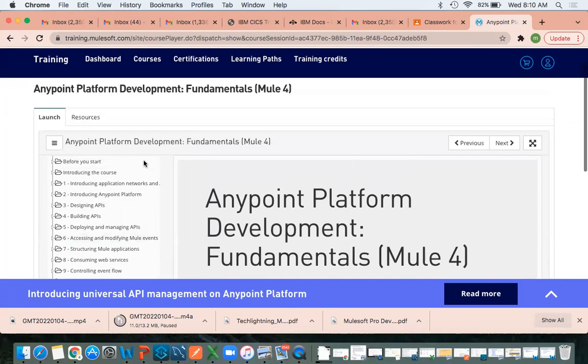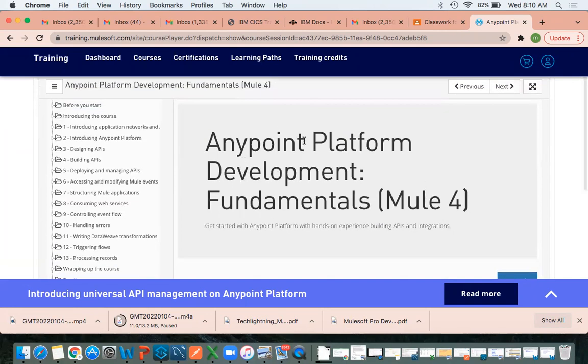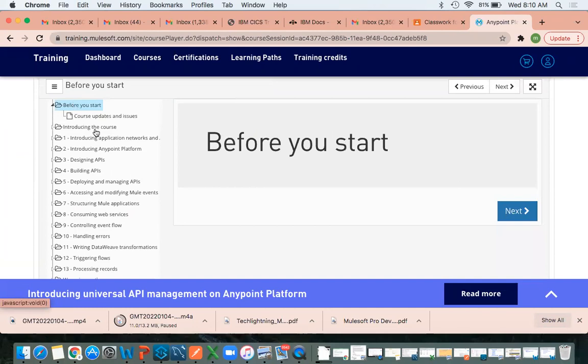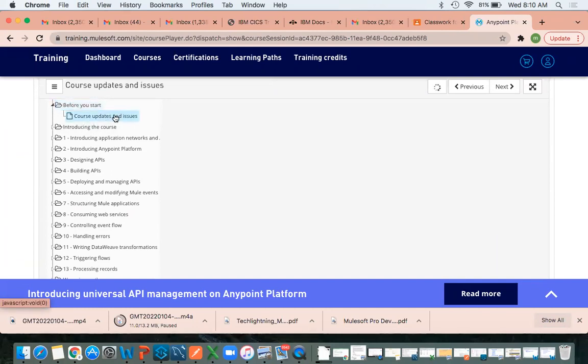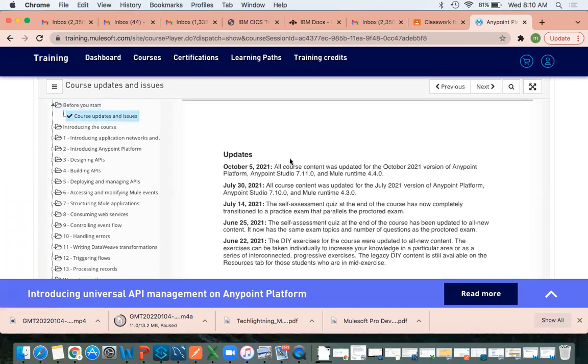Next, what you have to do is click on this, course updates and issues. See, you got a tick mark. Like this, you need to get all the tick marks. So this is done.